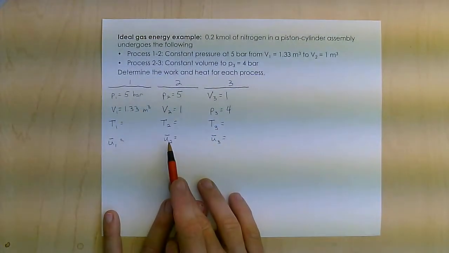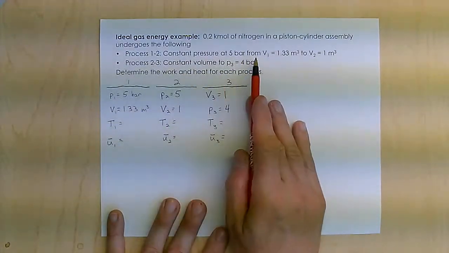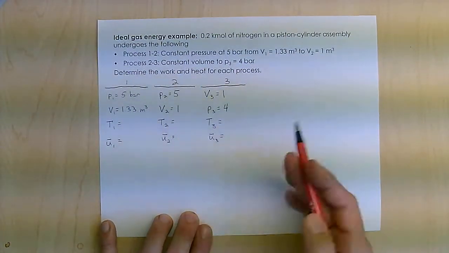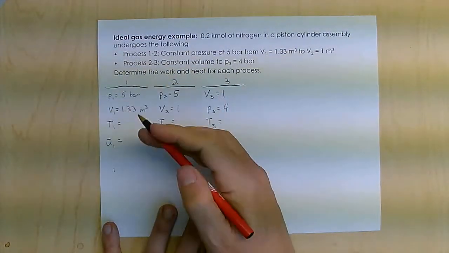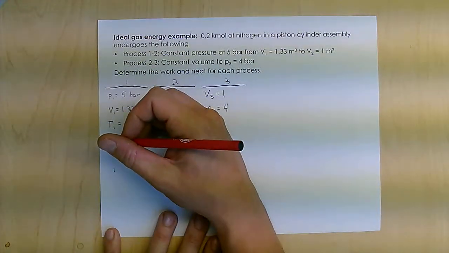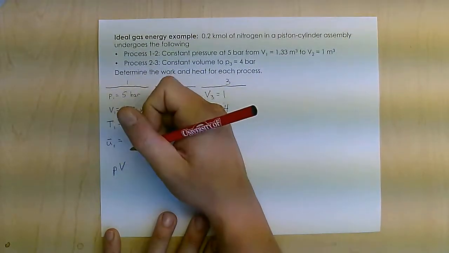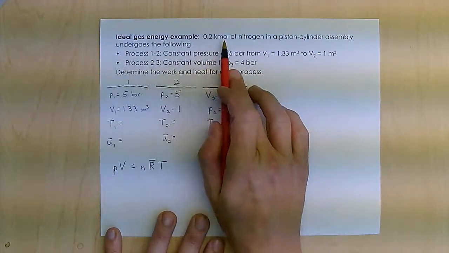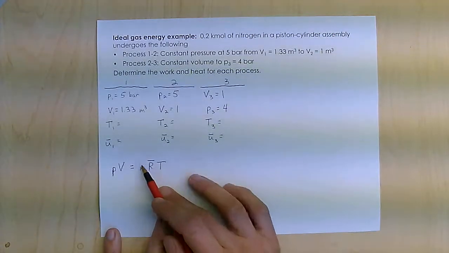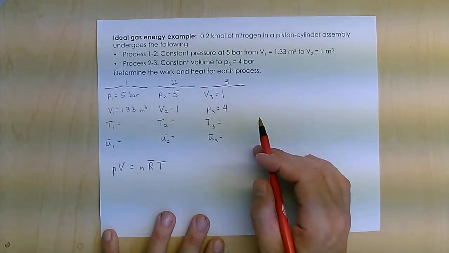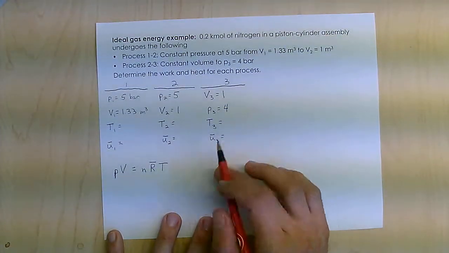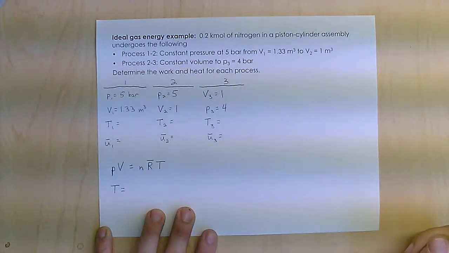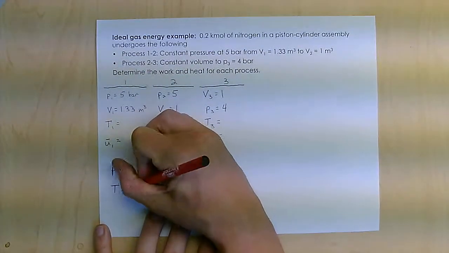Now, here's the other thing. Two properties set my state, so I can use the ideal gas model, because this is nitrogen at low pressure. I can use my ideal gas to find these temperatures. And you remember that my ideal gas equation, in this form, would be P big V equals N R bar T. I can use that because I have the number of kilomoles, so I can use R bar, which is based in kilomoles. Okay, so using that, solving for T, I find that T is going to be PV over